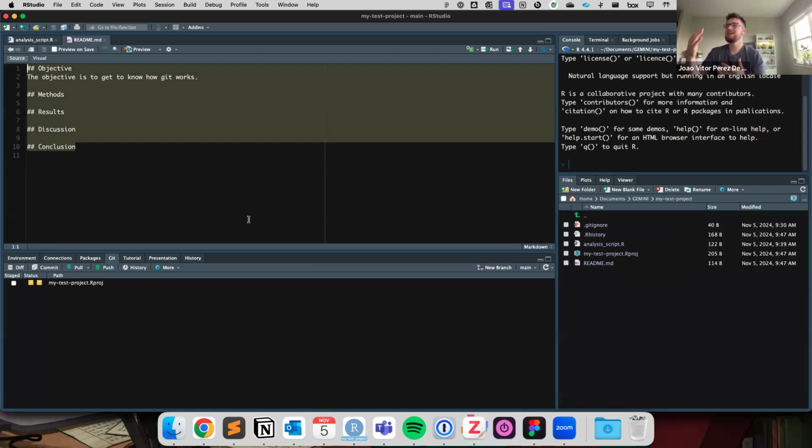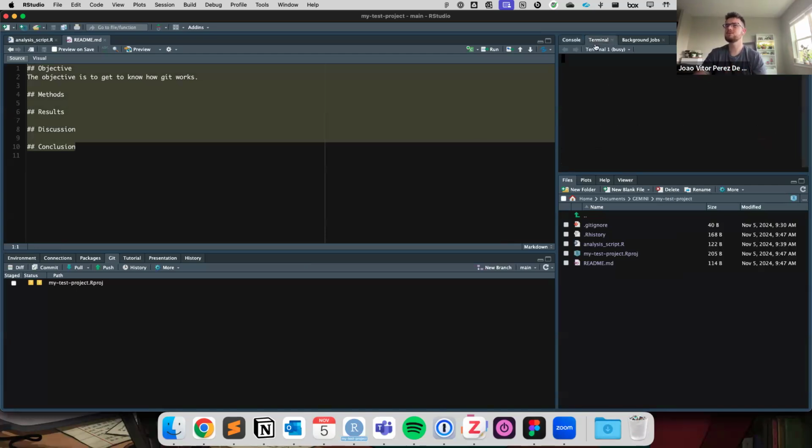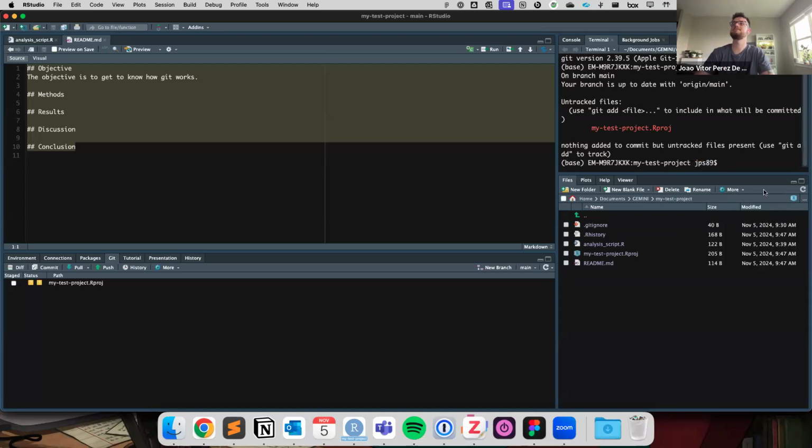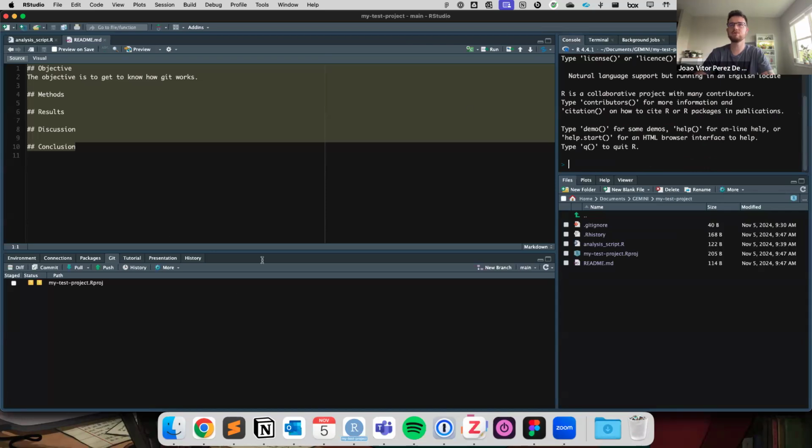There are many ways for you to check if the version of your Git is the most current, and all of this can be done via terminal as well. So if you are fancy and you want to run code in the terminal instead of using the RStudio IDE, you can, but it basically is just more trouble. I think it's like git status. Yes. So if you go to your terminal, usually it stays down here,